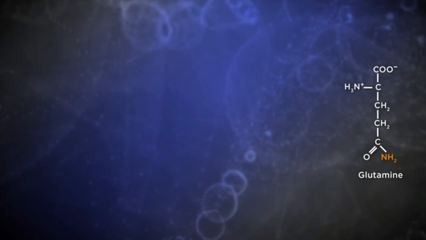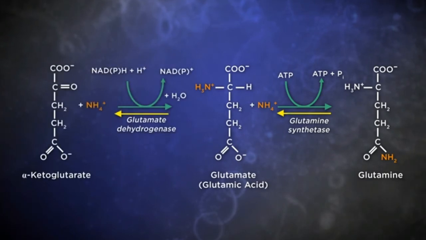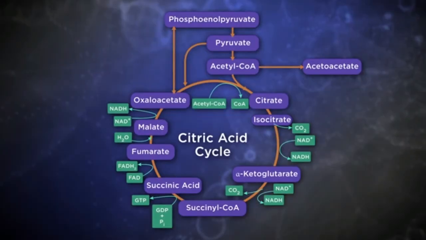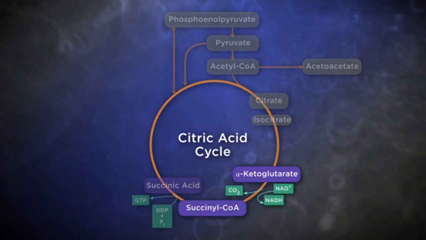Glutamine, let's recall, is readily converted into glutamate, which in turn can be converted to alpha-ketoglutarate. And alpha-ketoglutarate, of course, is an intermediate at step 4 in the citric acid cycle. What might it be doing? Well, this is what scientists at Memorial Sloan Kettering Cancer Center and the University of Pennsylvania wondered. Let's follow their reasoning and findings, first published in 2011, which shed new light on the curious behavior of cancer cells. The most obvious fate for alpha-ketoglutarate would be to continue along the cycle and produce succinyl CoA, succinate, malate,